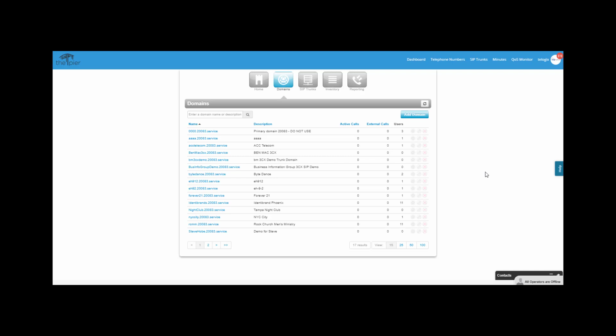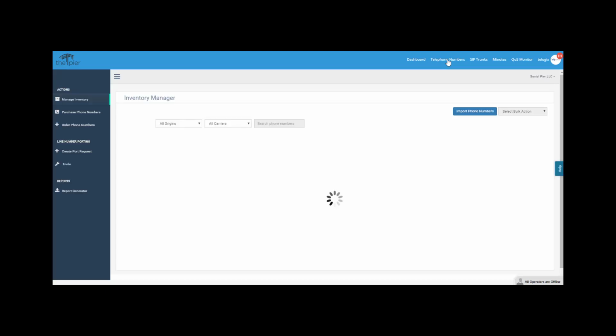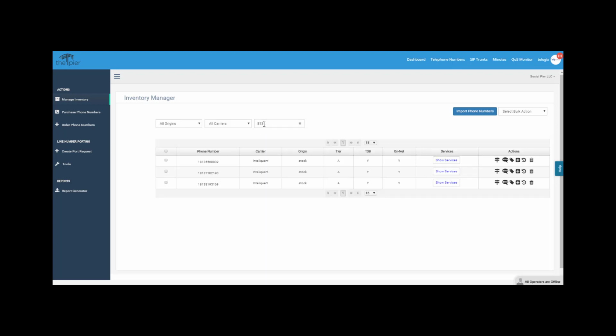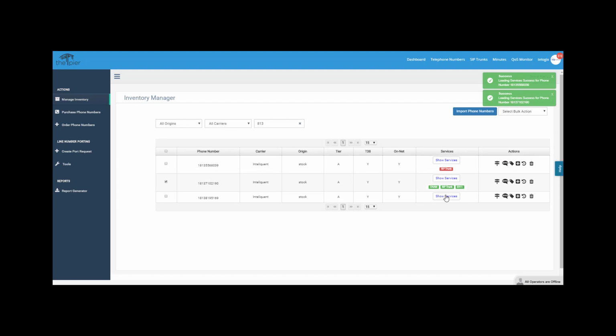So just a little additional note. Say for example that you wanted to make some changes to the DID that we just created. So let's go back to telephone numbers. We're going to search for the number, so 813. And I've got 3 here in front of me and I'm not quite sure which one was which. So I'm going to click on my show services,